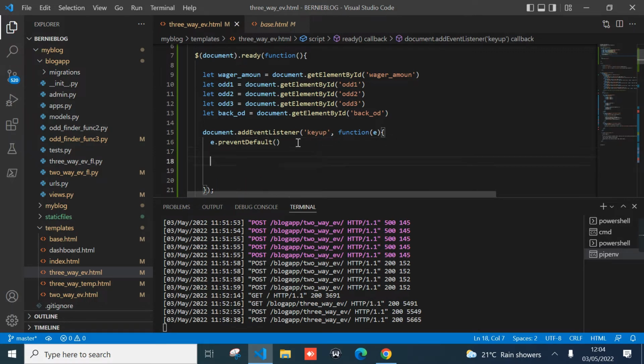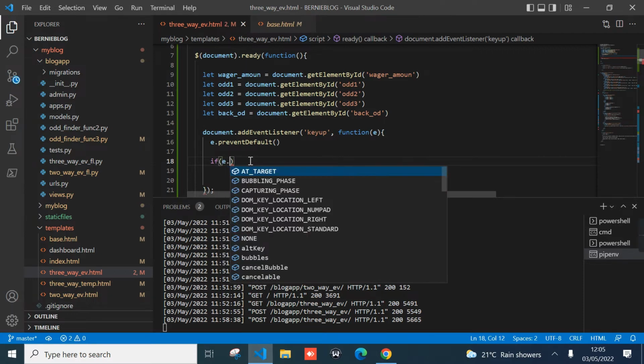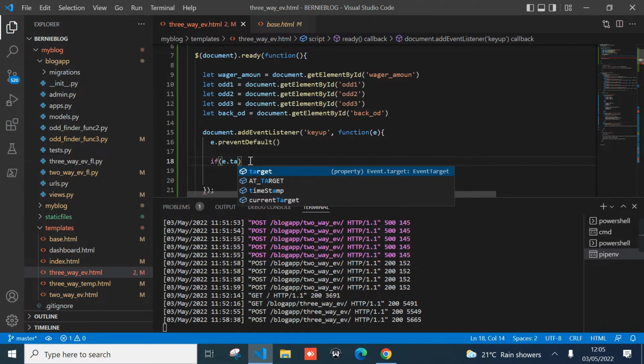And now to proceed, we can now exclude other elements by bubbling. We just need to write if e dot target is not equal to